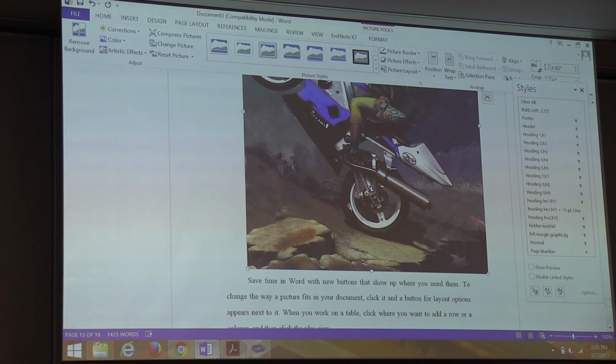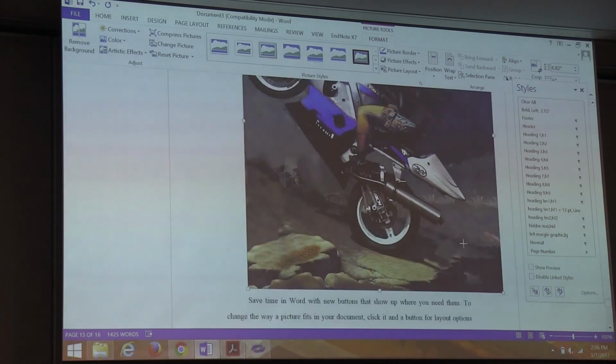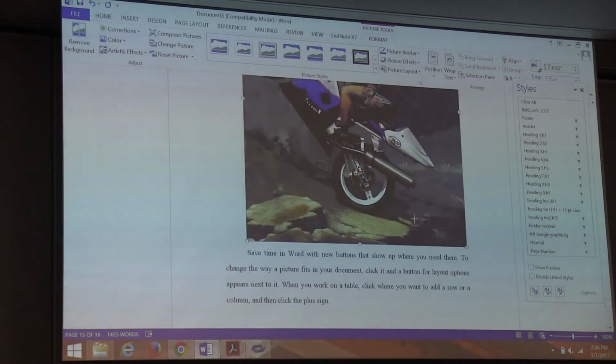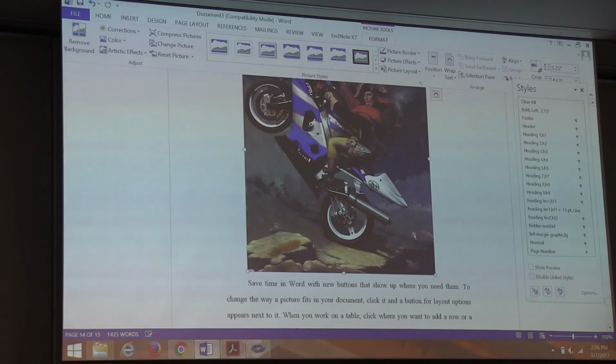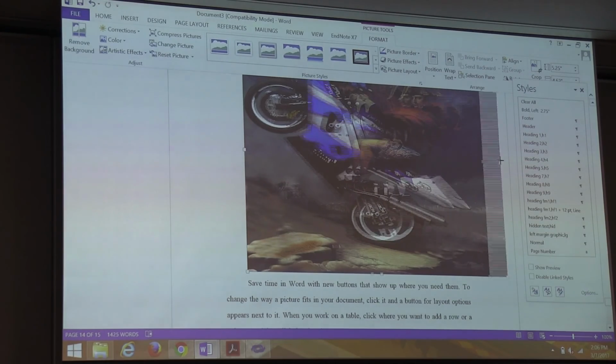When you insert a picture, it may come out bigger than you want it to be. So if you click on the picture, it gets these little grabber points on the sides and the corners. If you hover over it and then click down, you can resize it however you want. I would recommend grabbing by the corners because that makes it proportional. If you just grab it by the side, it may do weird things to your picture.